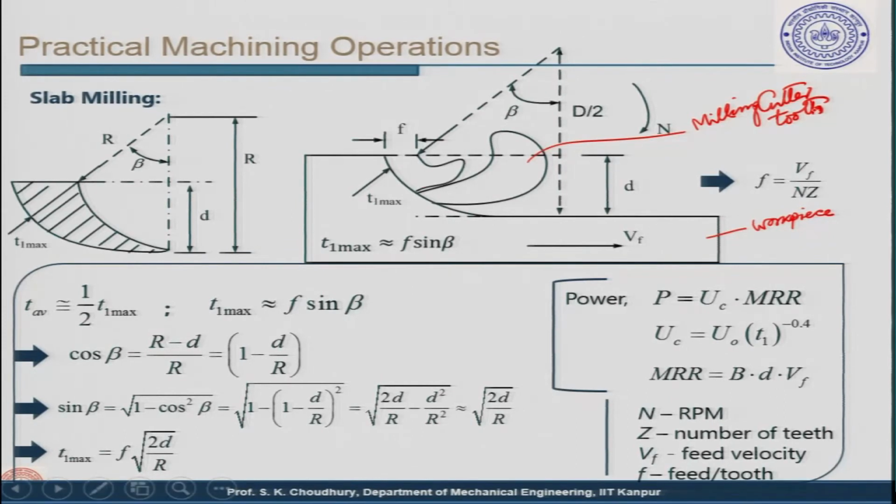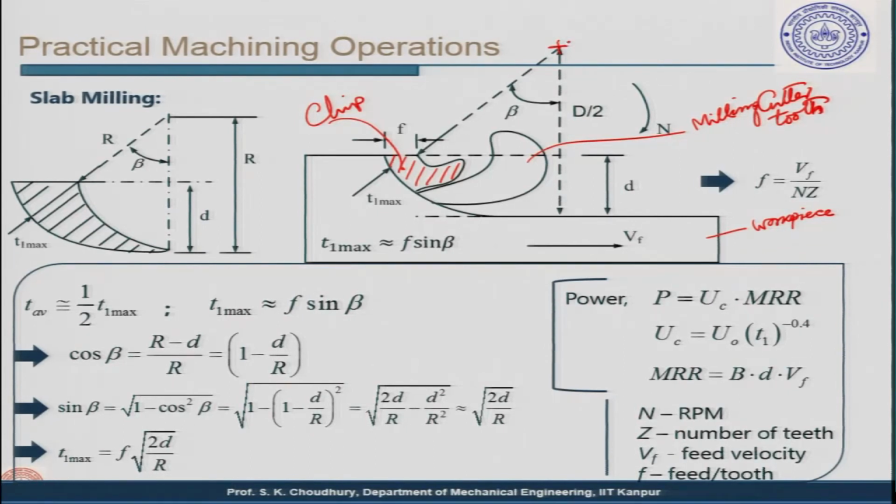So, that means the milling cutter will be like this with all the teeth, and this is the diameter. This is the center of the milling cutter, and the milling cutter is rotating like this. It will have other teeth all over its periphery, but here, schematically, only one tooth has been shown. This is the chip which is being formed. Let us do this hatching. So, this is the chip being formed.